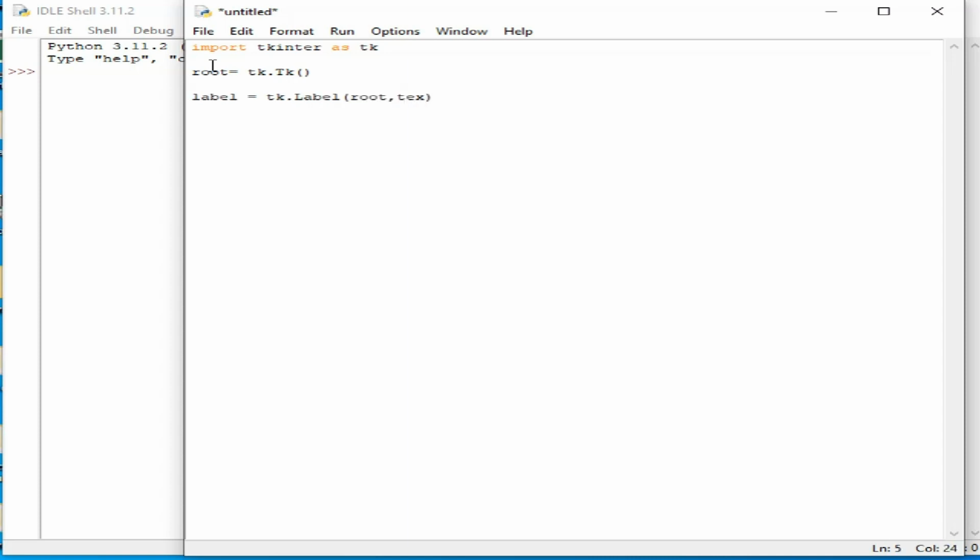label = tk.Label(root, text="Hello") creates a new label object and sets its parent to root, which means it will be displayed inside the main window. The label's text is set to "Hello". label.pack() adds the label to the window using the pack geometry manager, which automatically arranges the label within the